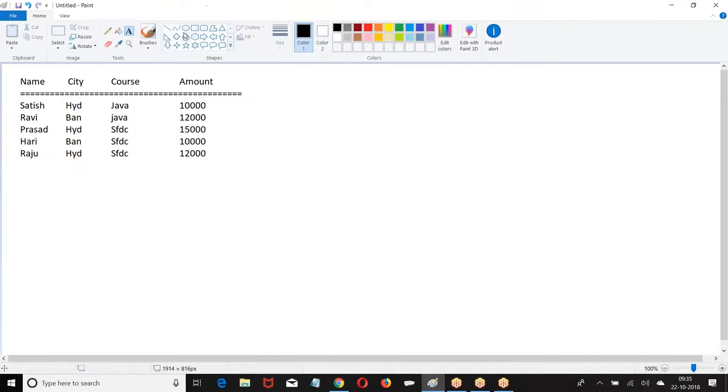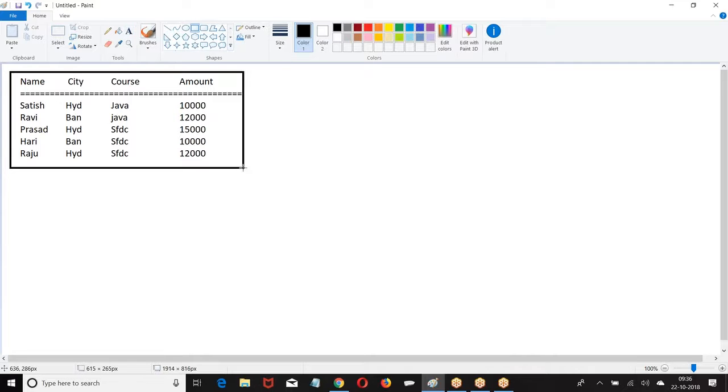So this is the data what we have. On this data, I want to create a tabular report.